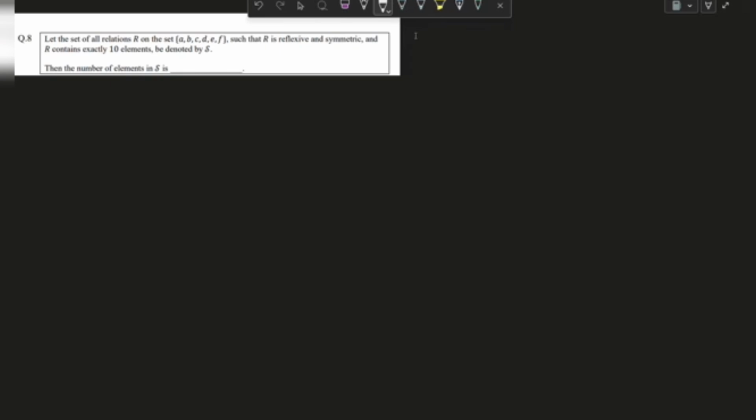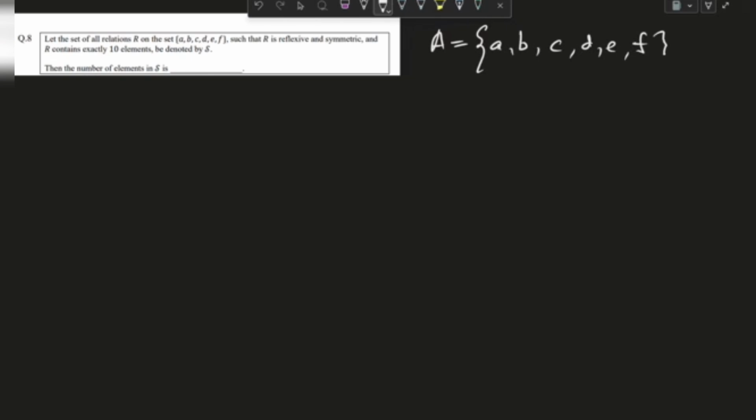Let S be the set of all relations R on the set {A, B, C, D, E, F} such that R is reflexive and symmetric and R contains exactly 10 elements. So we are to find the number of elements in this set S. So basically this is a very simple question. So if we take the set A, this contains A, B,